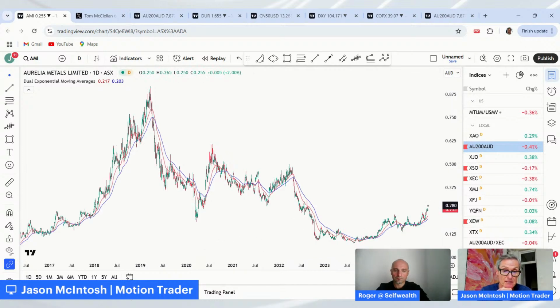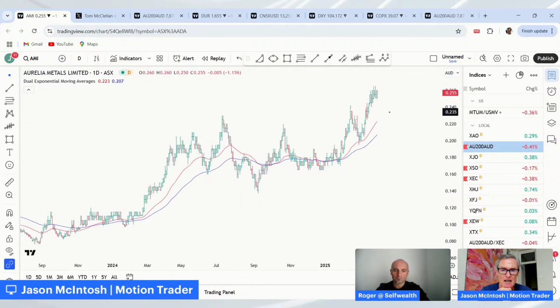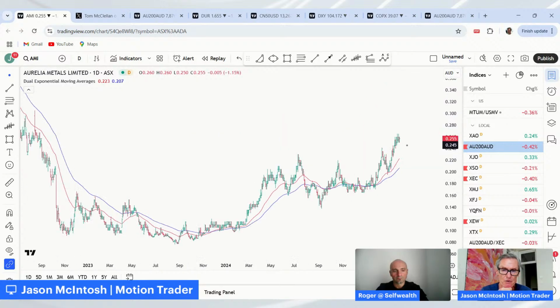Yeah, really interesting one. I could even consider buying a position at current levels. It is getting a bit away from the averages. Maybe there's a bit of consolidation to come. But if I liked it and I wanted to be on board, I could consider maybe even just a partial position now, because it is going in the right direction. It's going against the grain of the market, so that's all a good sign. So certainly one I'd want to hang on to and consider a possible purchase.